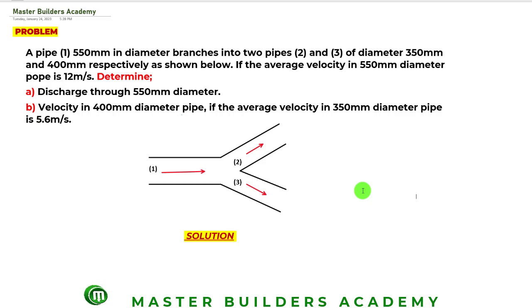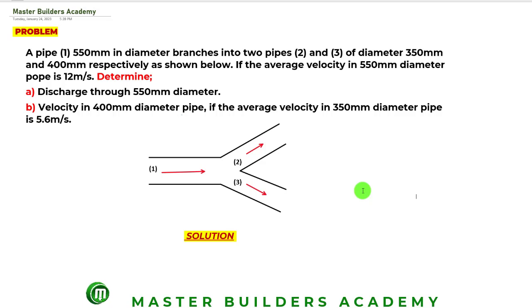All right guys, now we have question number 2 again before us, and then let's read through the question. As you can see on the screen, a pipe 1 of 550 mm in diameter branches into 2 pipes, pipe 2 and pipe 3, of diameter 350 mm and 400 mm respectively, as shown in the figure below. If the average velocity in the first pipe, which is the 550 mm diameter pipe, is 12 meter per second, the